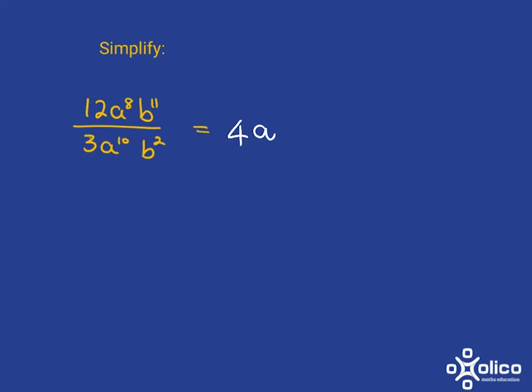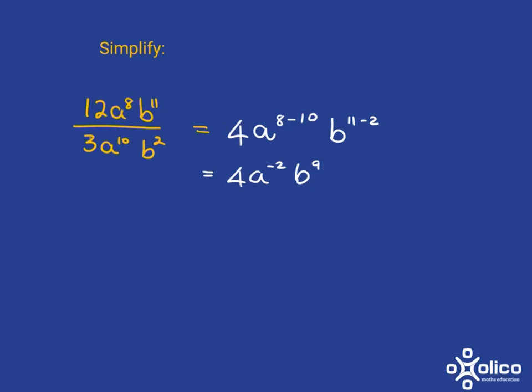You've got a to the 8 divided by a to the 10. Using the rule for division, it's going to be a to the 8 minus 10. And then we move on to deal with the b's. You've got b to the 11 at the top and b to the 2 at the bottom. So it's going to be b to the 11 subtract 2. And so that is going to be